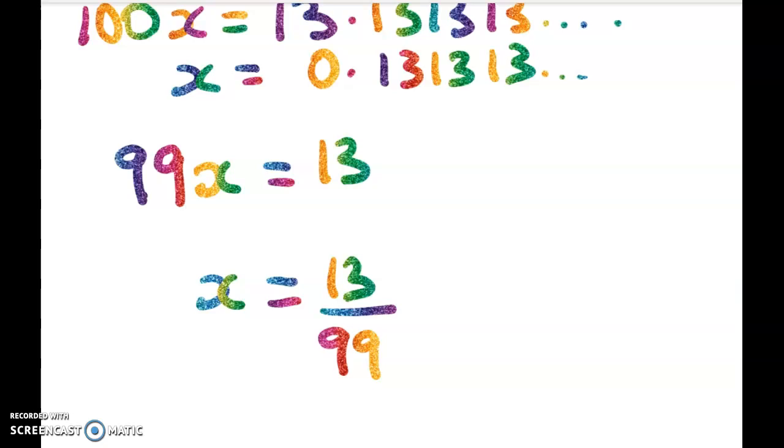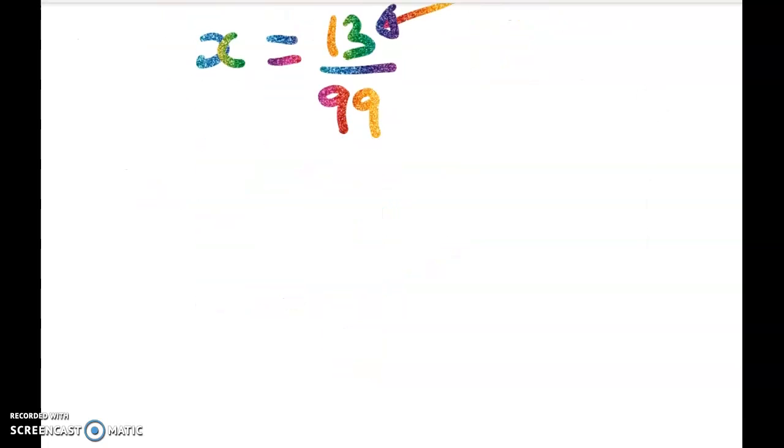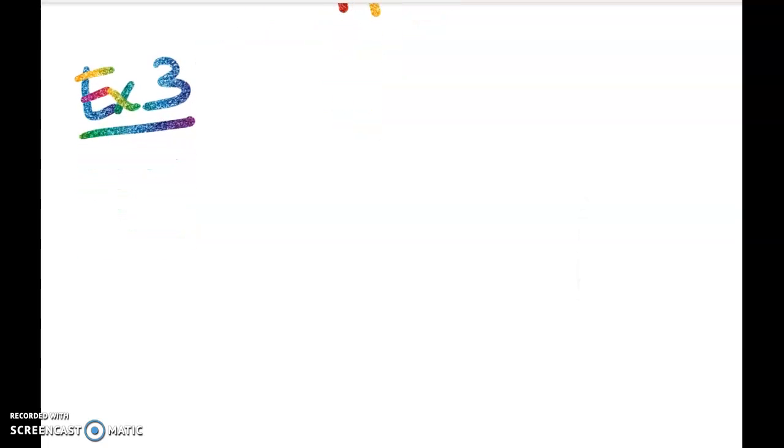Now this one's pretty easy to see that we're done, right? We can't simplify any further, and we know that because 13 is a prime number. But this type of problem gives you lots of awesome practice at your divisibility rules. And some of you will have played around with those in things like OPS and maths when you were at intermediate and primary. So I'm going to do a trickier one now. Same kind of idea for the recurring decimal to fraction bit, but I want to think about how we can check whether we've fully simplified it. So this is example 3, and this is the last example I'm going to do before I get you to go to Dr. Frost. So the recurring decimal that I'm working with is x is equal to this,